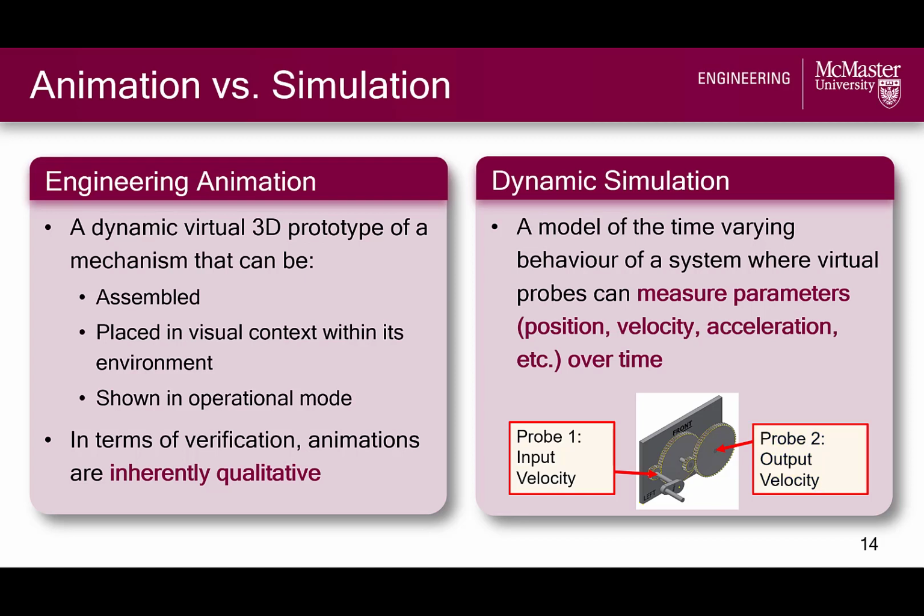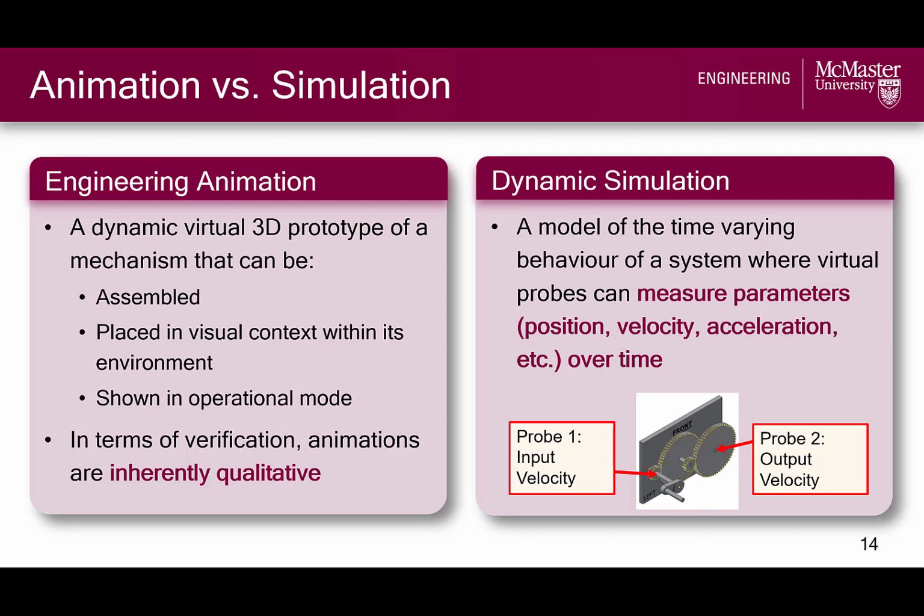Such dynamic simulations can also account for physical properties like mass, friction, inertia, and loading to provide a better understanding of how mechanisms would operate in the real world, which is very handy, but it can also be computationally demanding. For now, we will stick to a simple simulation of a gear train to verify that its output speed meets design requirements, and we will not account for mass or friction or inertia, so let's briefly go over the general